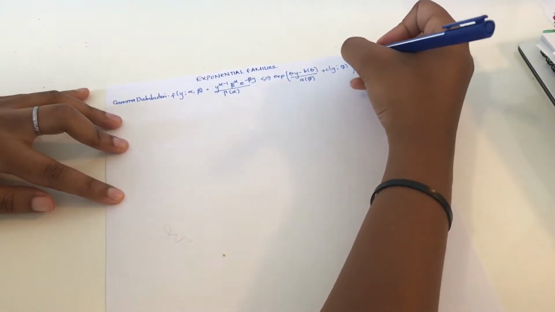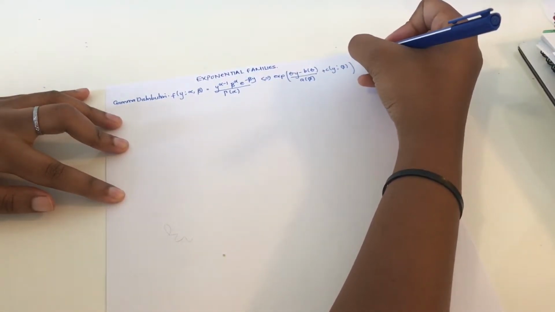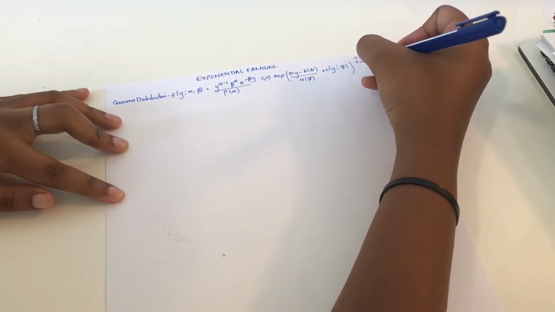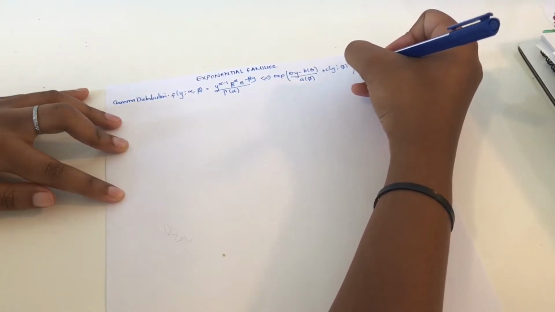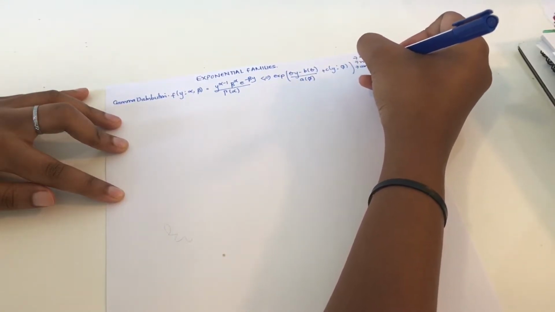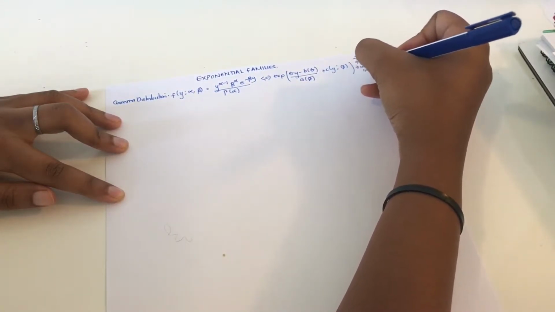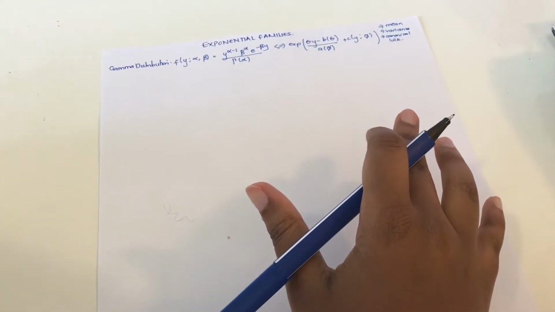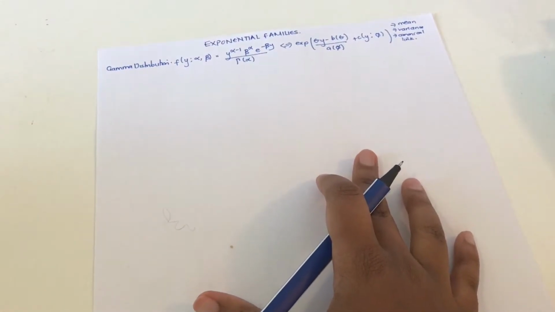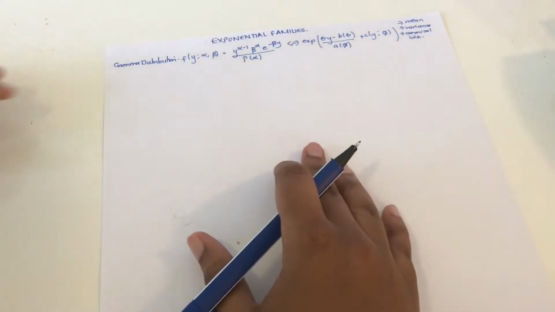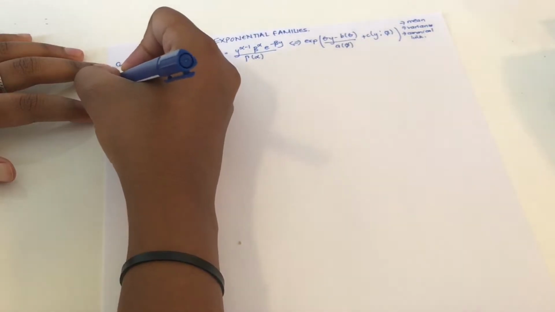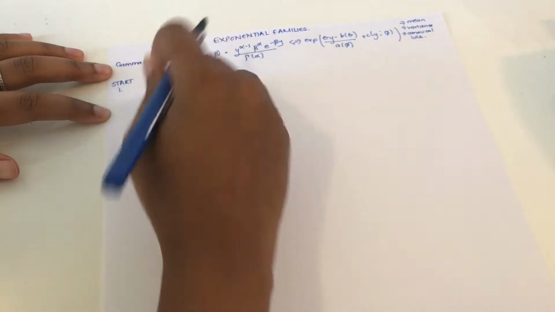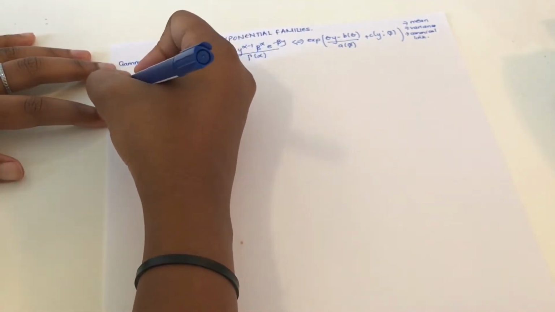So it's really easy. We're going to try get the mean. We're going to try get the variance. We're going to get the canonical link function. And we are just going to try and figure this out. So hopefully you'll understand. So as in all distributions, we start by finding the log. We're trying to write it in exponential form, and it really helps to take the log of both sides of